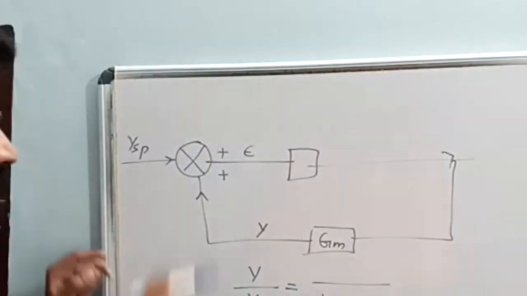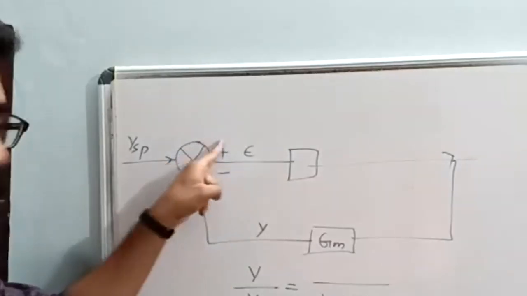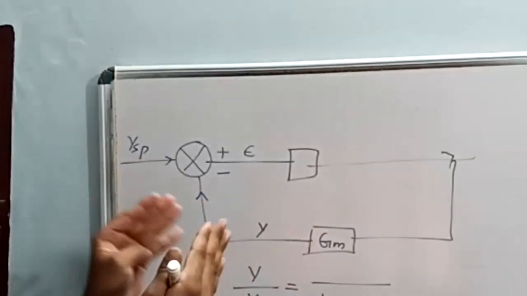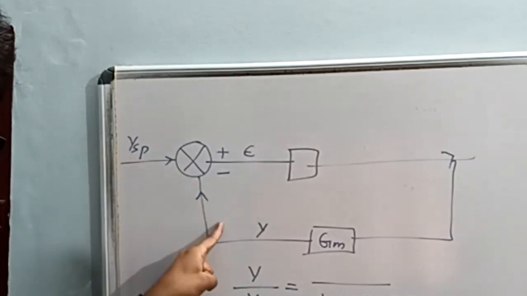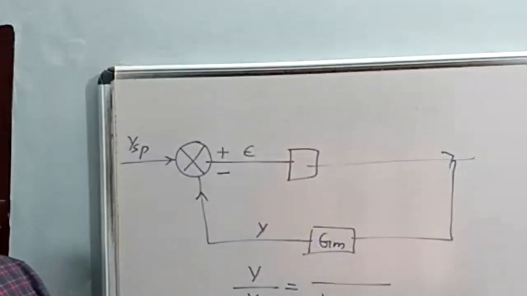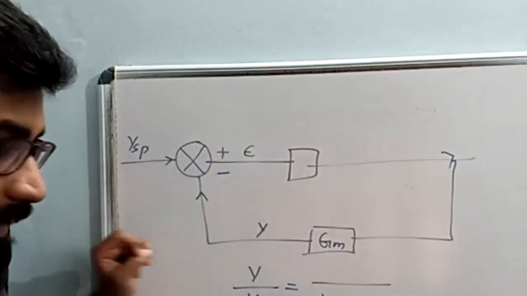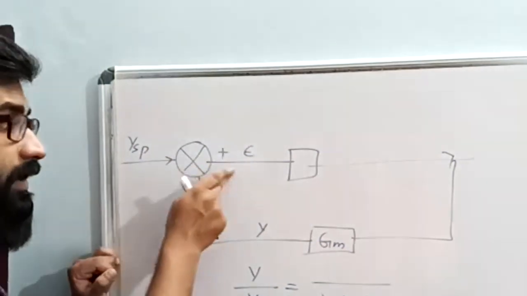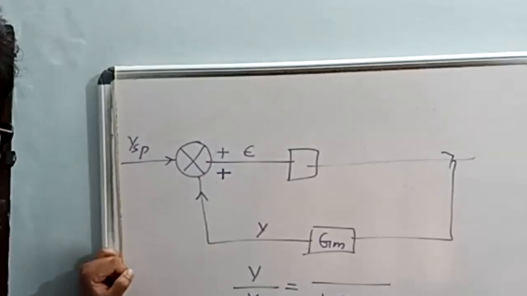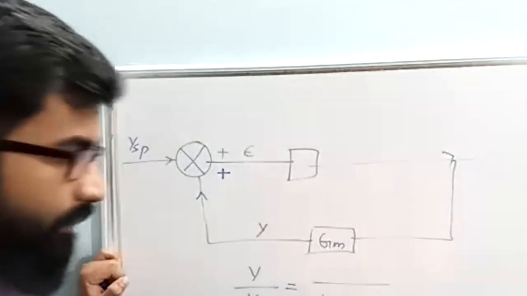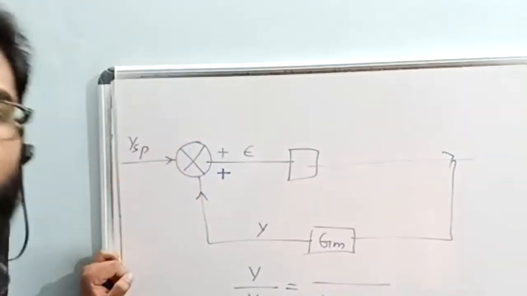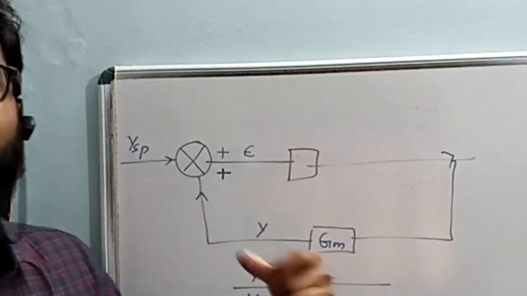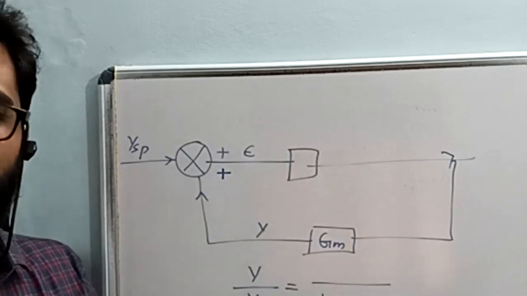This is the normal equation you have, because you always use negative feedback. Your set point and the measured value are differenced, and then we have an error. So that is your negative feedback. That's why we are getting 1 plus open loop transfer function. If you use plus in the equation, what will happen? You will be getting 1 minus OLTF. So this is your feedback control system.